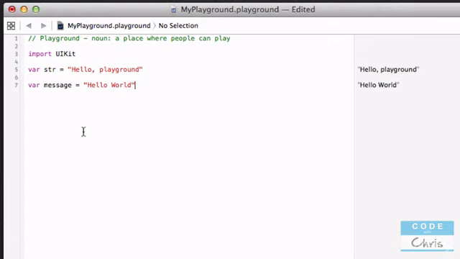So I'm just going to put a string into this variable message, and a string is just a piece of text. Think of it like that, and it's surrounded by these quotes. And this equal sign is me putting this piece of text into a variable called message. So this total line of code is me declaring a new variable called message and putting this piece of text into the variable. So on the right hand side of this playground, you can see the result of what you just typed. And now, if I want to print, let's say,